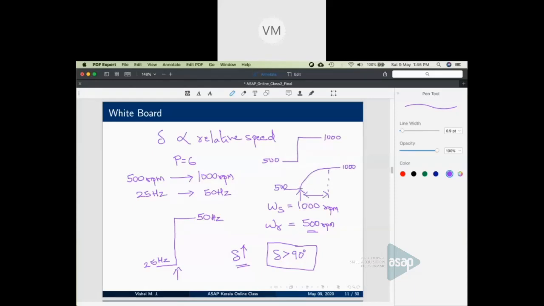So, what the machine sees is, it's not an abrupt jump from 500 to 1000. 500 becomes 550, 550 becomes 600, 600 becomes 650. So, in gradual steps, we must change the frequency. So, from 25 to 50 hertz, we should not change it in one step. It should go to say 28, 30, 32, 34, like that, up to 50 hertz. Instead of going in a single step, you increase the frequency in a phased manner. So that is a solution to the instability problem.